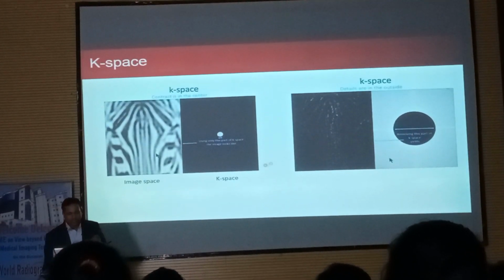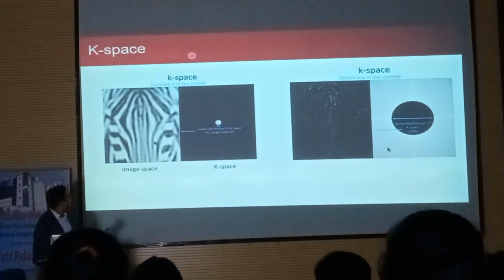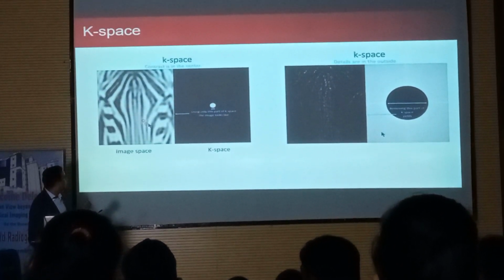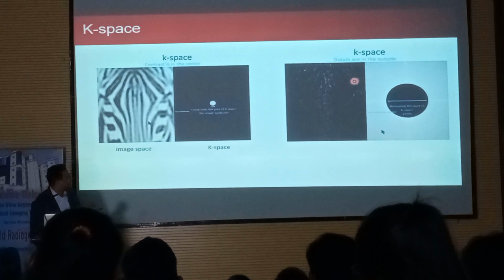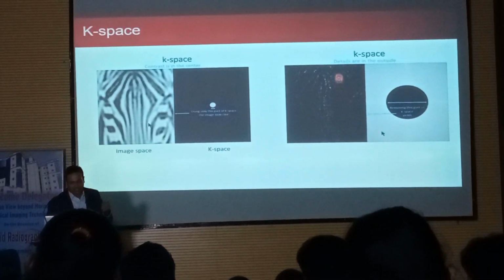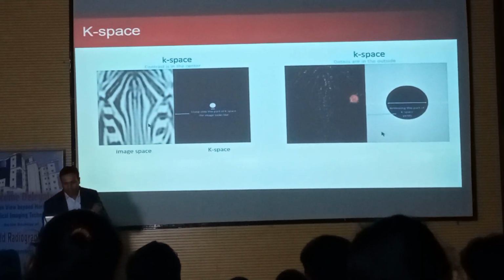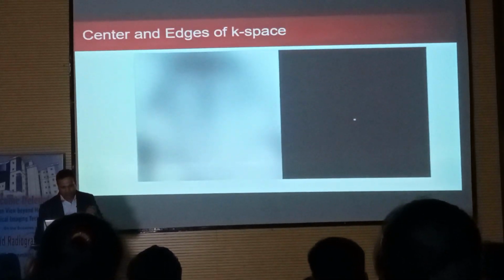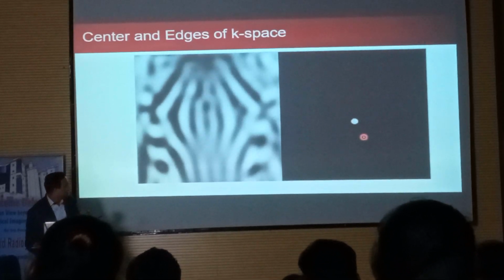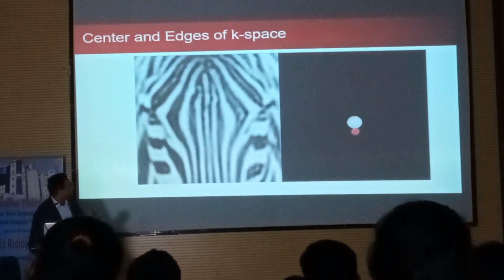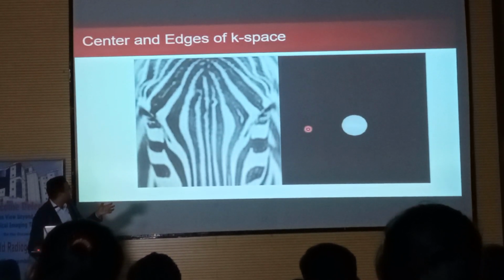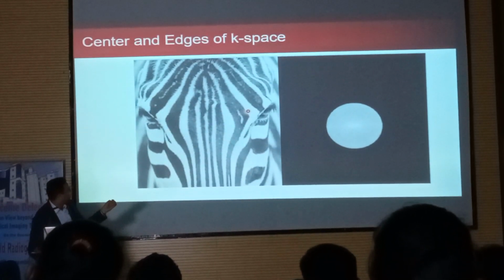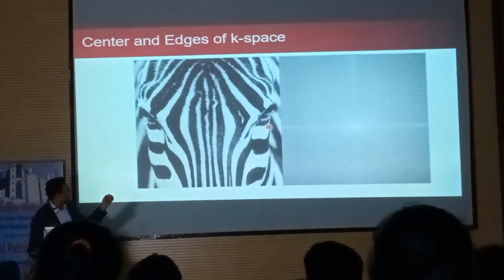So what is in the center of K space? Center of K space is basically contrast. If the information is at the center, that gives you the contrast, and the details are outside, so that is called resolution. तो अगर outside की information है, वो आपका resolution की information. This is another small movie, so you can see here. Once we are acquiring the center of K space, as we keep acquiring, we are getting beautiful images with the contrast and the better resolution. So we keep acquiring and see all the details in the images.